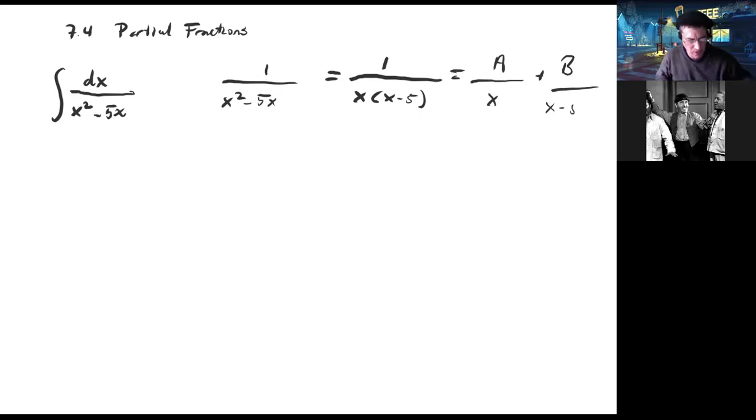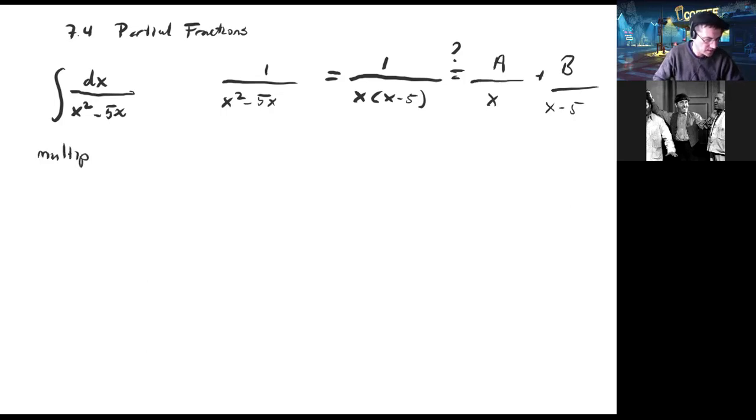So we have to figure out what those constants are. So that's the idea. Okay, so let's assume that this representation works, that 1 over x times x minus 5 is some number over x plus some number over x minus 5. The numbers are being called a and b. We have to figure out what a and b actually are. So what we do is we multiply